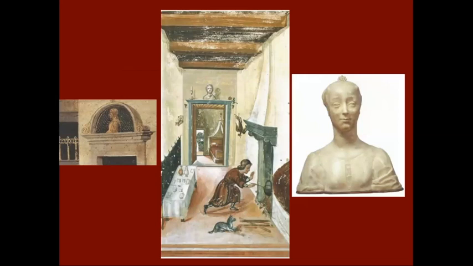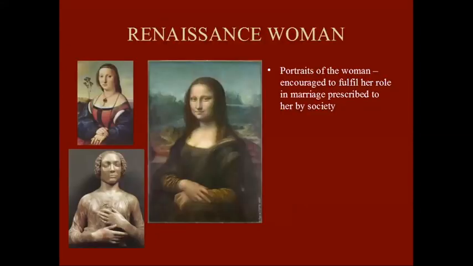The one in the image in the center is actually in the home itself, and you can see a female portrait like the one at right that was placed above, as you're going into the bedroom. You can actually see it. So this is where they were placed, and it basically keeps the same idea as the painted portrait. But if we can draw a very simple conclusion from all of this, the portraits of the woman,